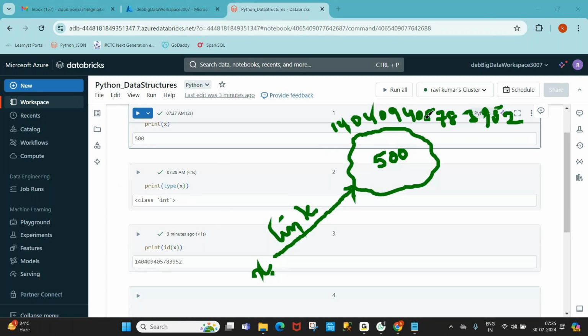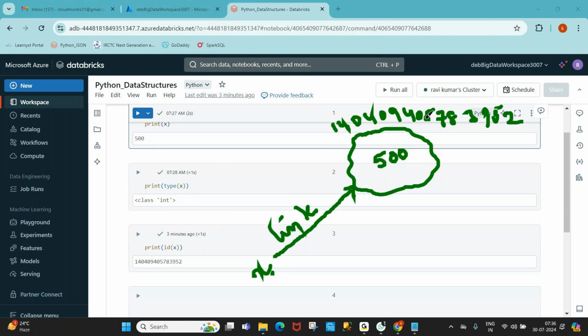What is the name given for this object? What is the name referenced by this object? x is the name referencing this particular named object.